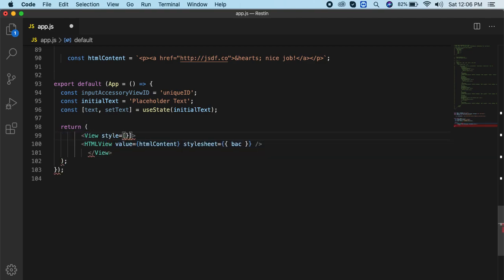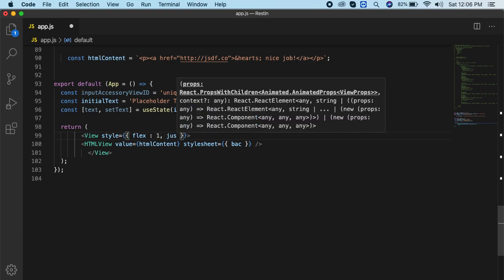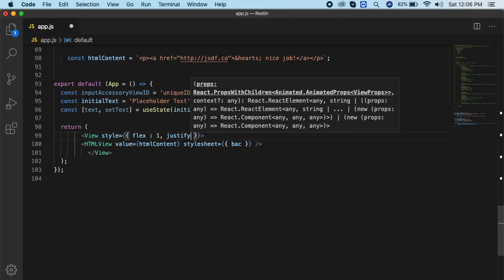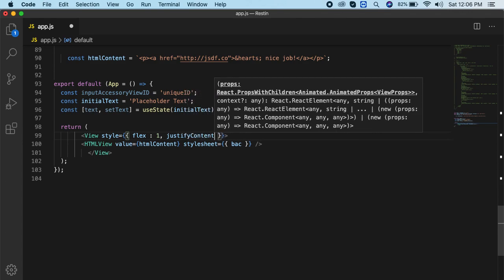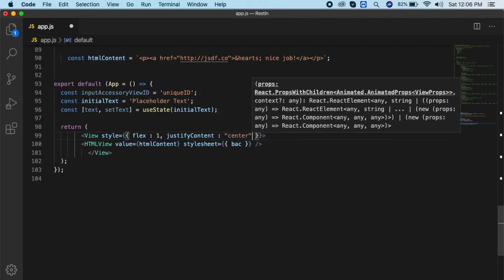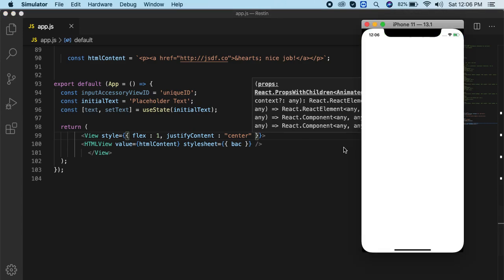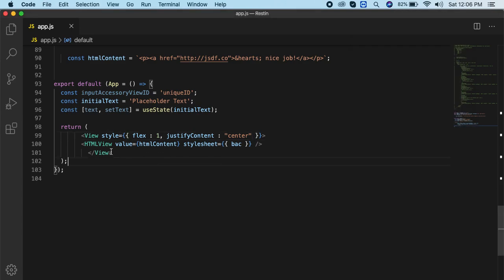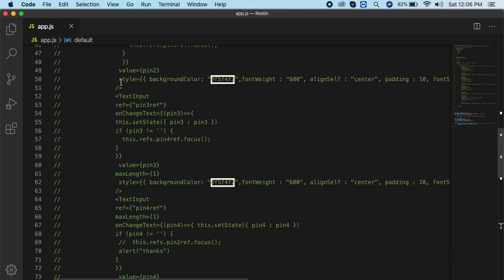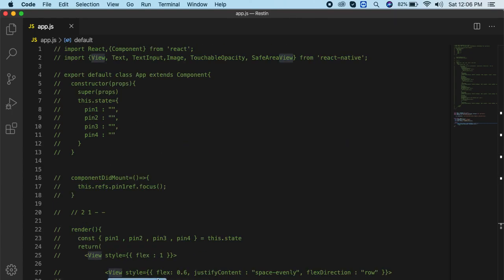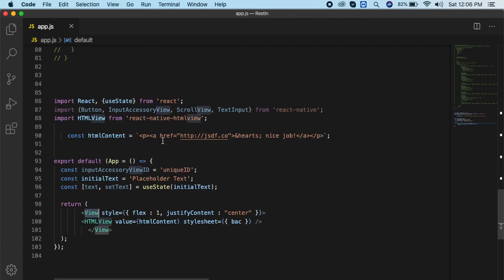Style: flex 1 and justify content in the center. We need to import View from the React Native package.